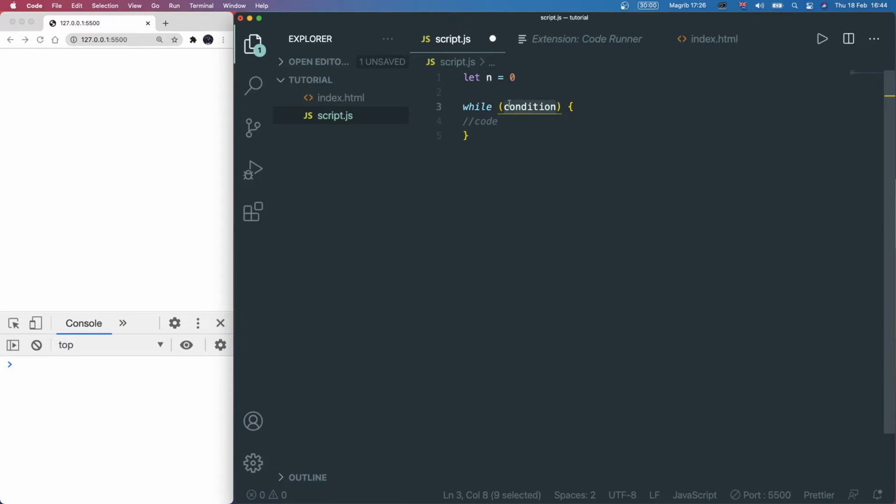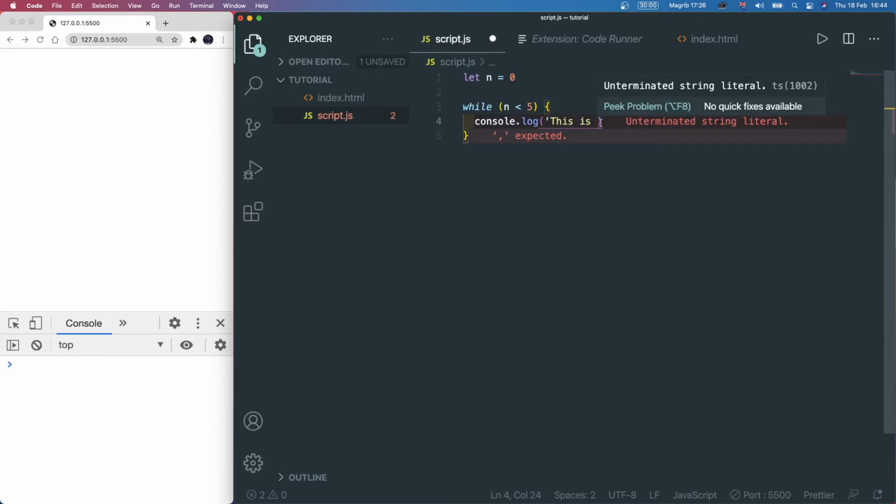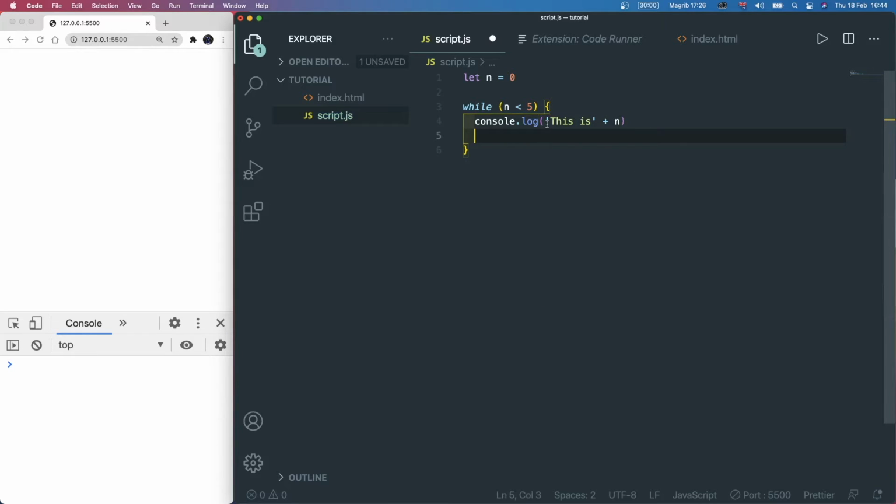As long as n is less than, let's say, 5, we want to console log "this is" plus n. So we just want to console log this is and give what n is right now. And then after,